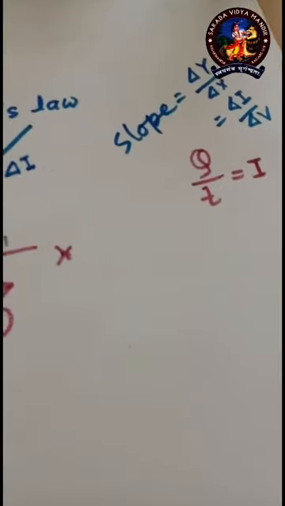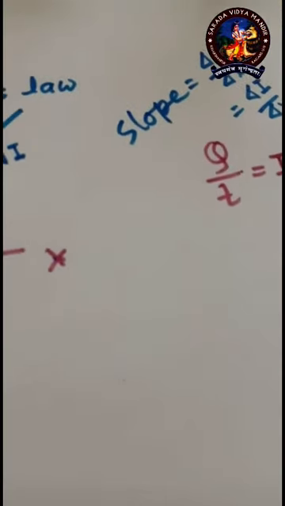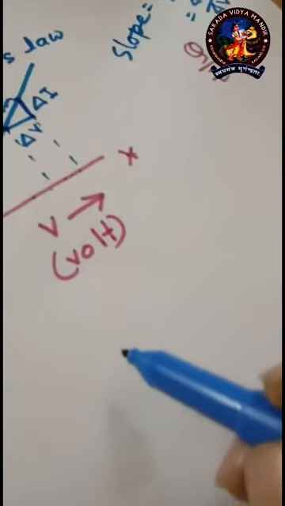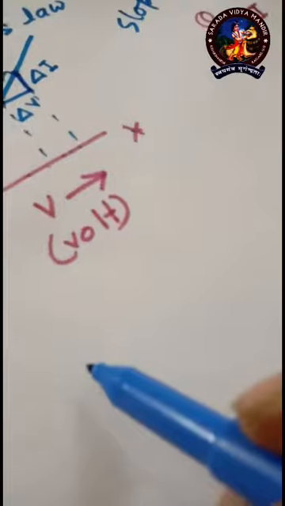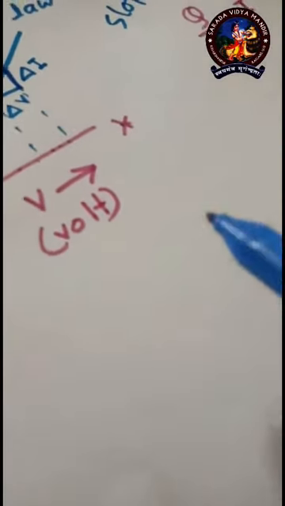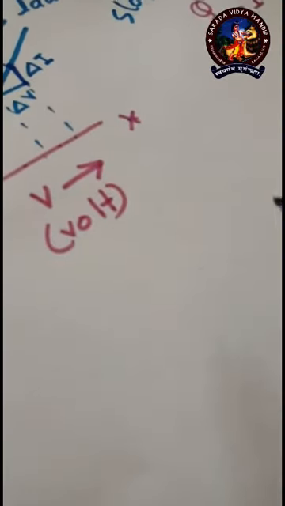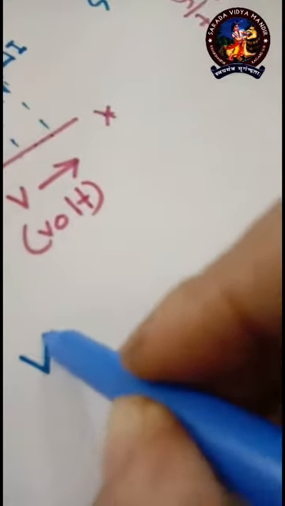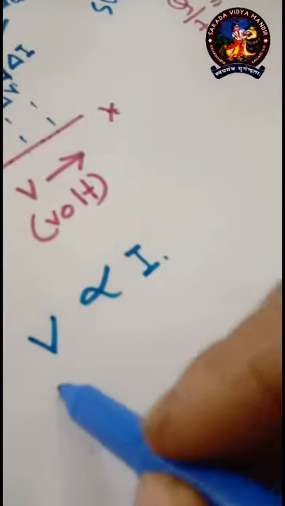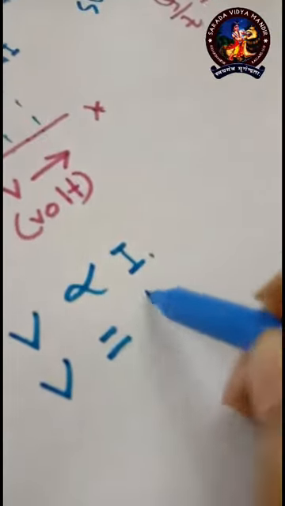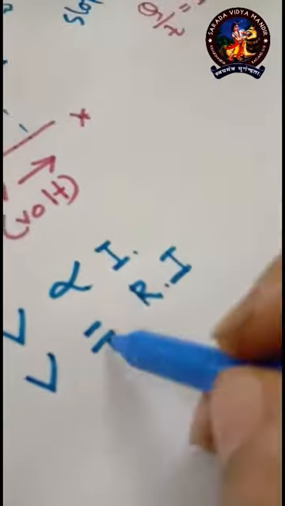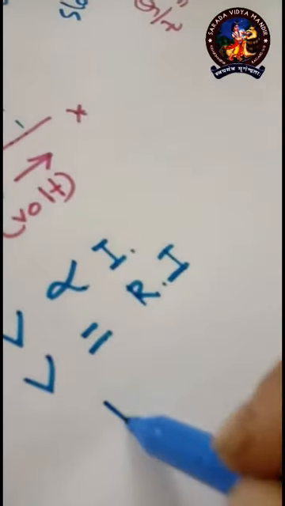Okay. But before that, I missed one thing to say, that for Ohm's law, what to write? Just I have given you that Ohm's law represents that if potential difference is getting changed across the two terminals of the circuit, then current would also be changed. So can I write like this? V proportional to I, of course you can write, or V equals a constant into I, because from proportionality we have come to equality. Now what is R?